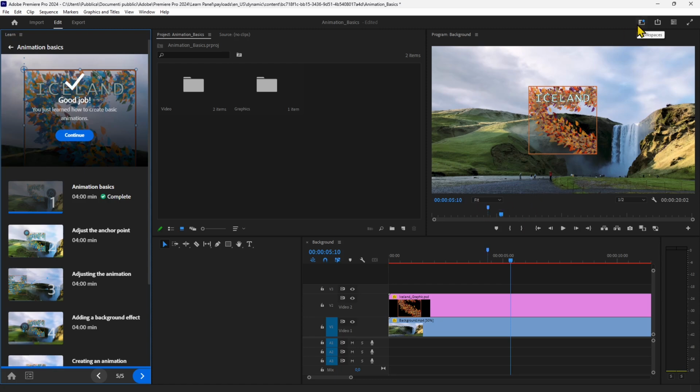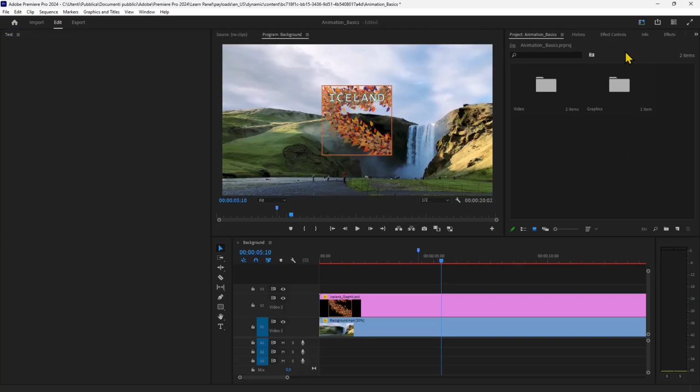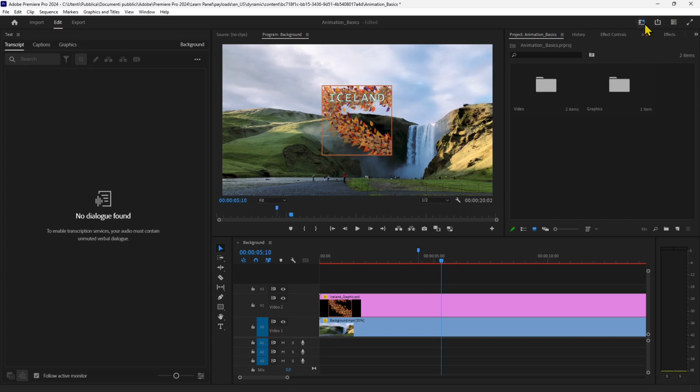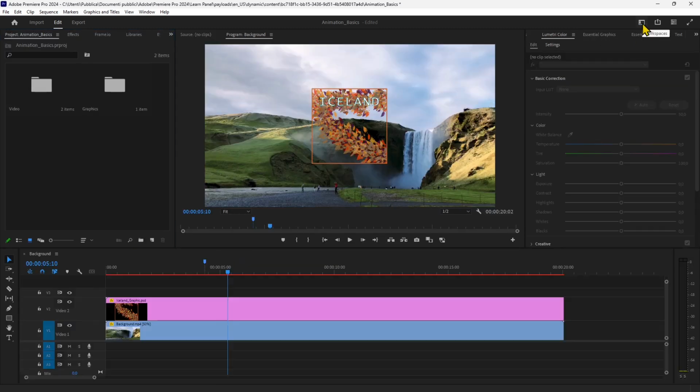Now, if we go up here on the right side, we can also go in the workspaces. So you can see right now we are in learning mode. There's also a new one called text-based editing, and we're going to check that later. And then we have the ones that we created previously, our own workspaces, and then we have essentials also, that it's kind of the standard and it's the one I'm gonna use. And you can also quick export from here and open the progress dashboard, and you can also make it full